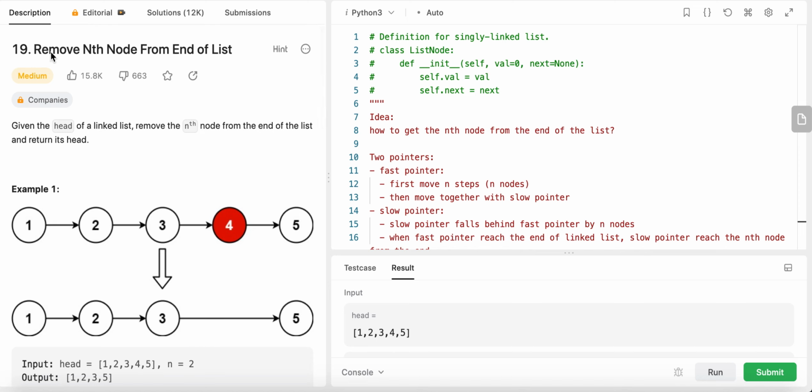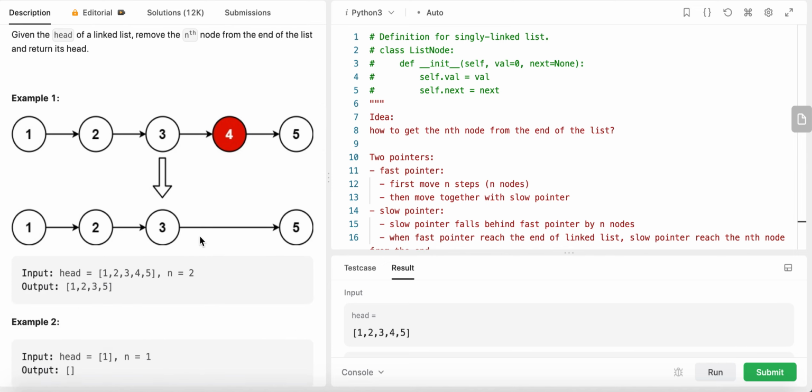LeetCode question 19. Remove Nth Node From End of List. Given the head of a linked list, remove the nth node from the end of the list and return its head. So example 1. We are removing the second node from the end of this linked list,